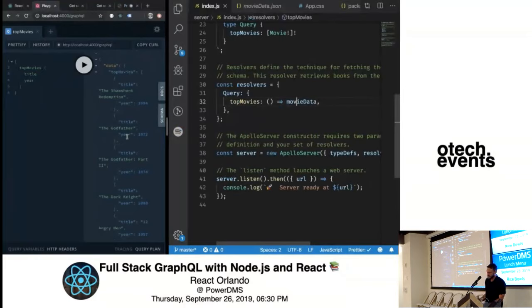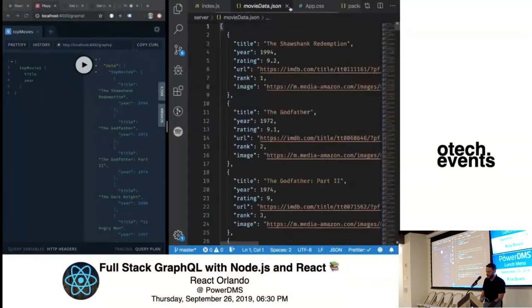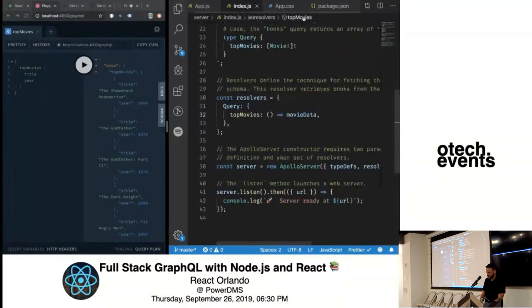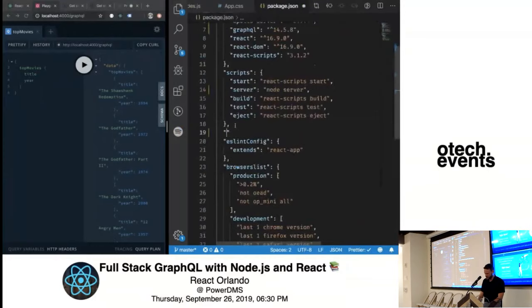Now we're going to go client side and get that set up with Apollo client and querying this data from the server. First thing I'm going to do, before I forget and can't figure out why everything is broken, is add a proxy. This is functionality that's provided by Create React App. Create React App is so great.